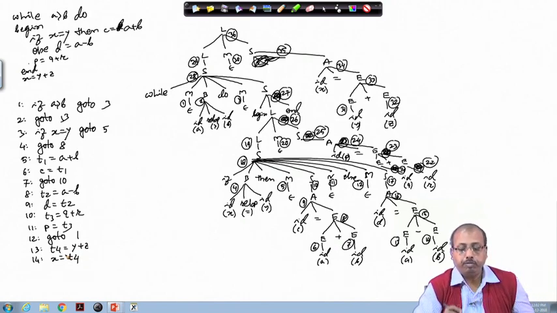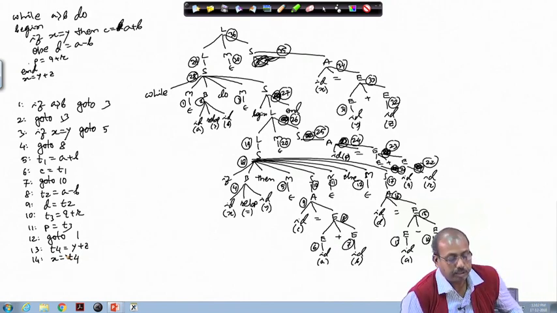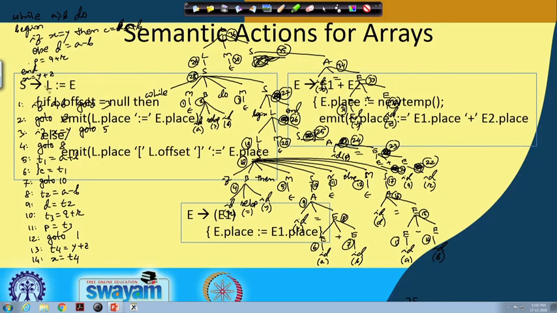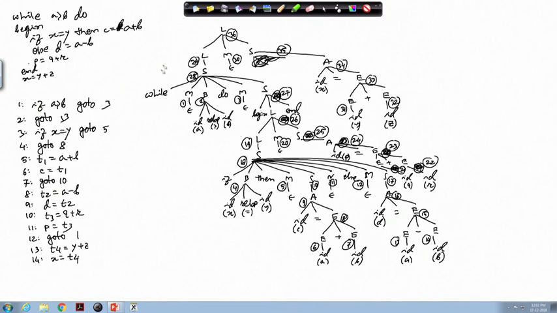So, you have to follow the rules that we have for the different production rules of the grammar. In fact, all these rules that we have, so all these rules for assignment statement are semantic actions. This is for arrays. For other statements, we can do that too. That way, if we follow those rules, then you will get this piece of code, and if you check